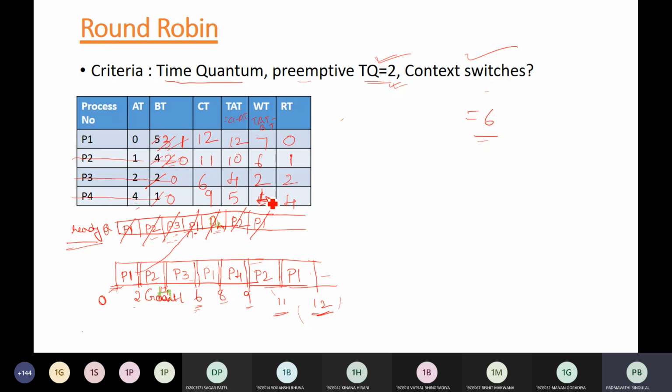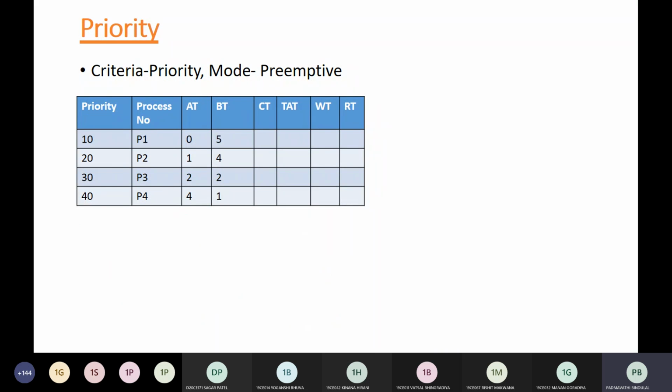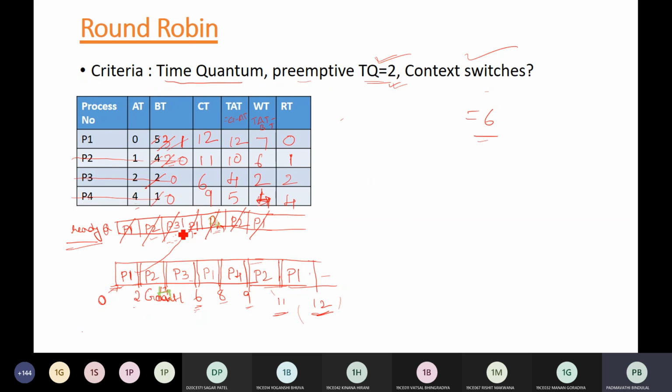Okay. Next algorithm, that is the priority scheduling algorithm. So here the criterion for scheduling is priority, and it can be preemptive mode. Of course, for priority you can go for non-preemptive mode also. Let's take the preemptive one. Once you are comfortable solving all the preemptive cases, non-preemptive are quite simple. You need not stop in between anywhere, because in all the preemptive cases, in the previous examples also, we are executing the processes not for their complete duration.